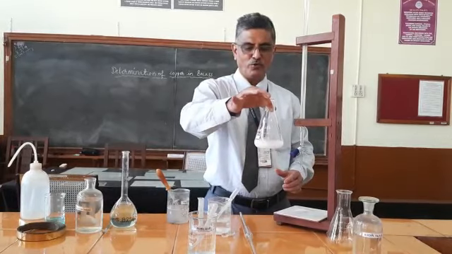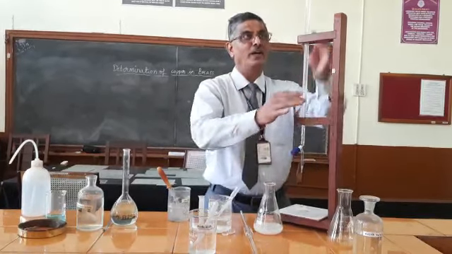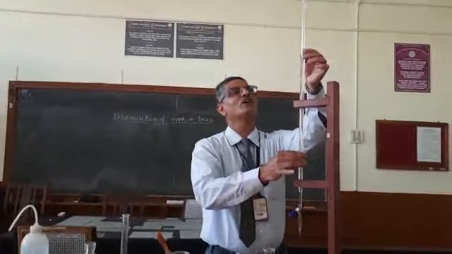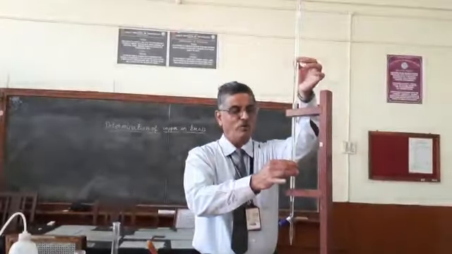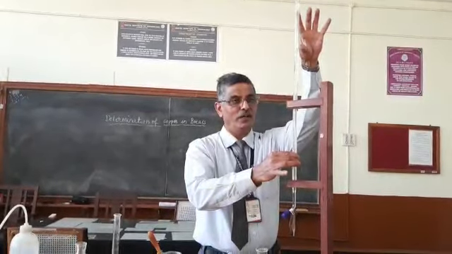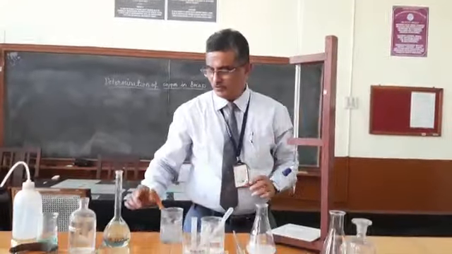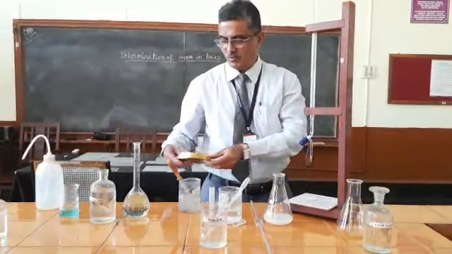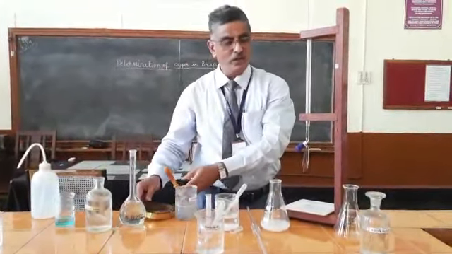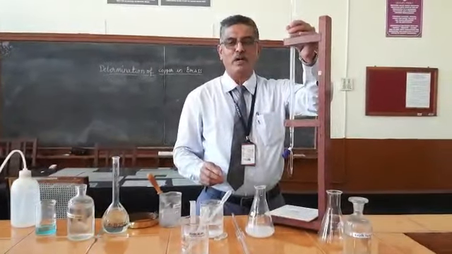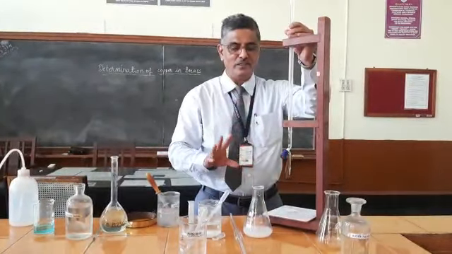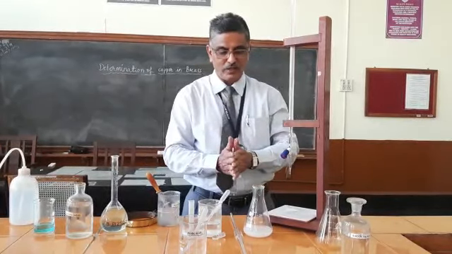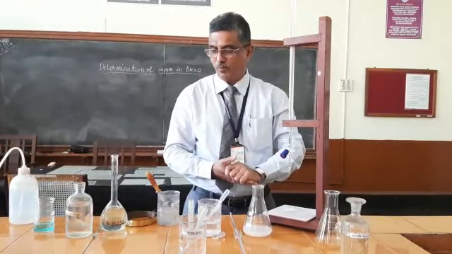From the volume of the sodium thiosulfate consumed in the titration, I started from initial level as 0 and the final level is 10.5. From the volume of the sodium thiosulfate consumed in the titration and from the weight of the brass used for preparing the brass solution, you can find out the amount of copper present in the brass. You have to repeat this titration at least 3 times to get concurrent readings. This is how the analysis of copper in brass is done.